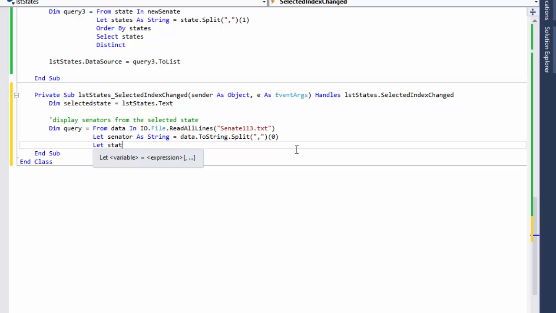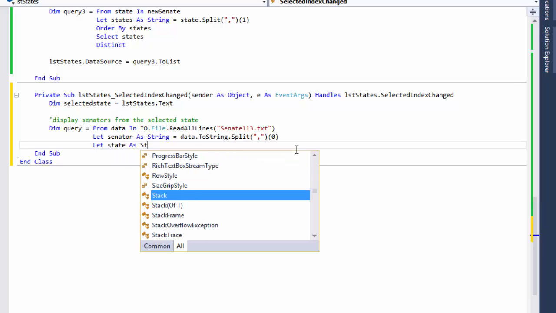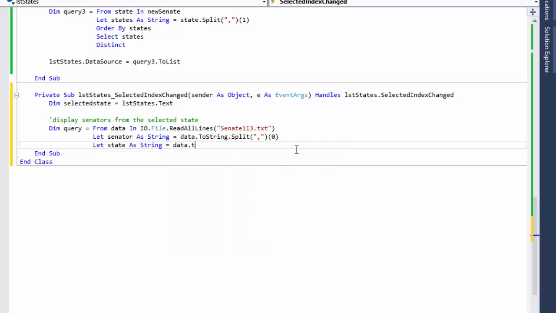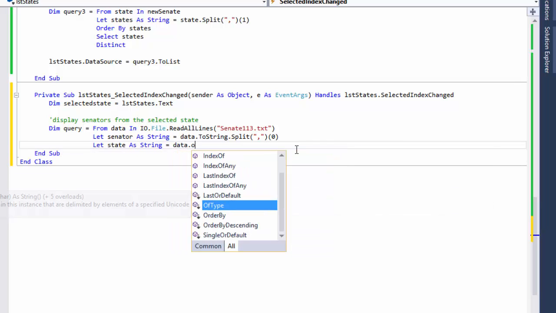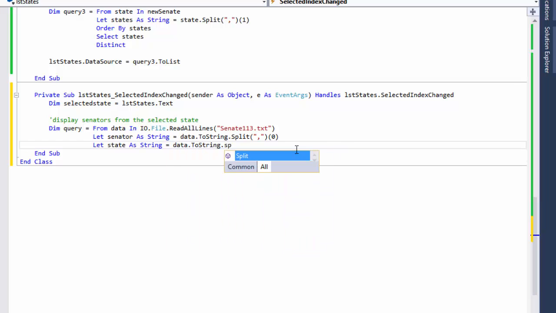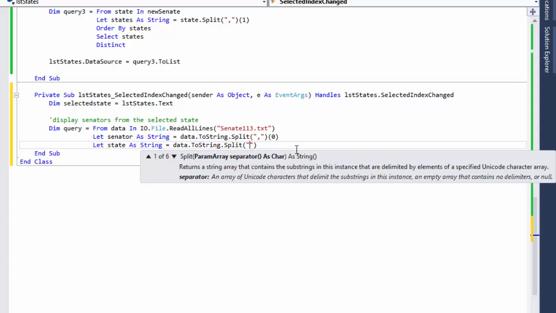Let state as string equals data dot to string, to what am I doing? To string, split, and the state is